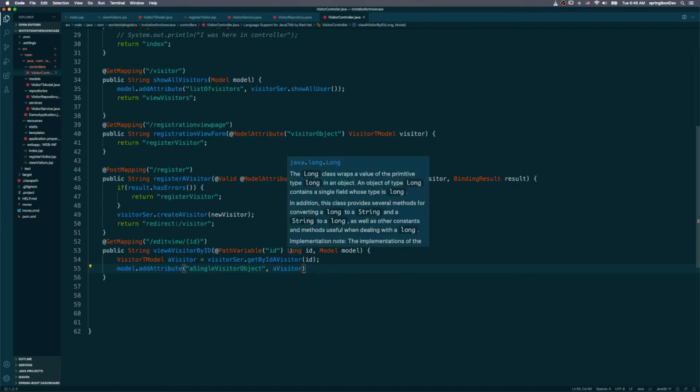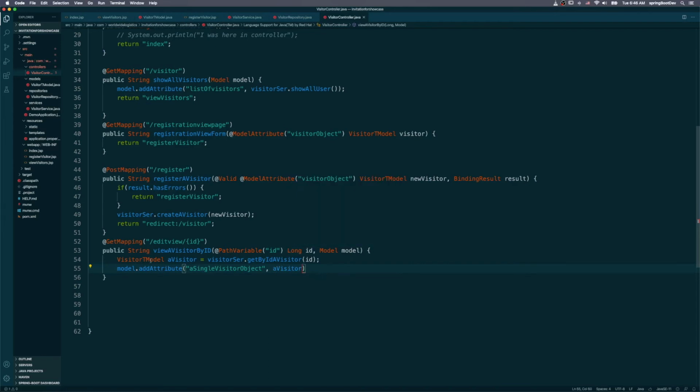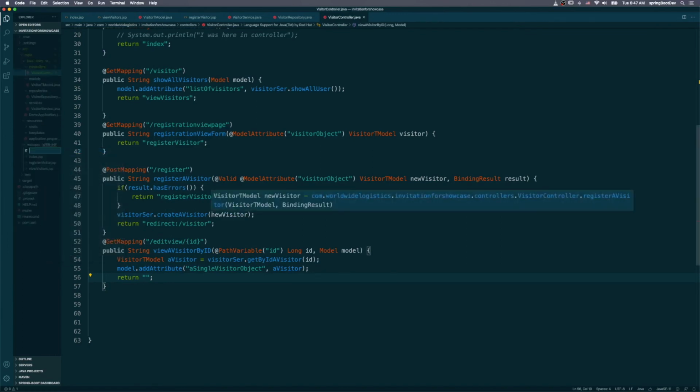So we are finding it, then we are binding it using this class object to this one, and we need that to display the data on the form, because we will be updating it. So we would say return, what to return now? Show a single visitor, and that would be an edit page. So let's create a new one. It will be edit